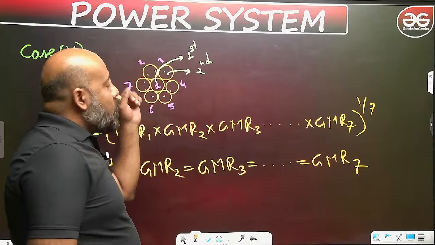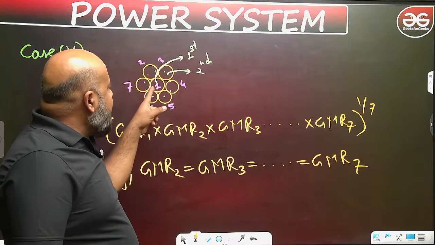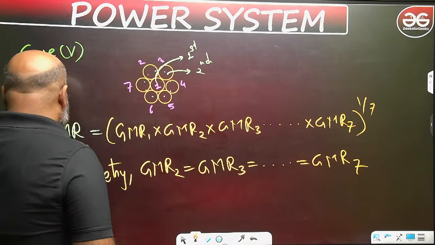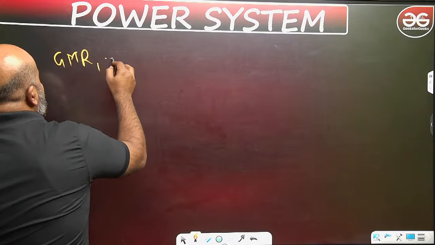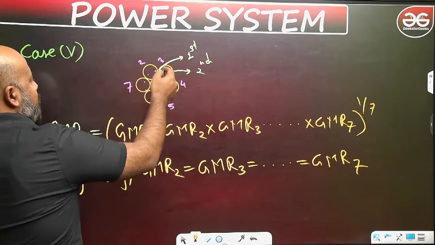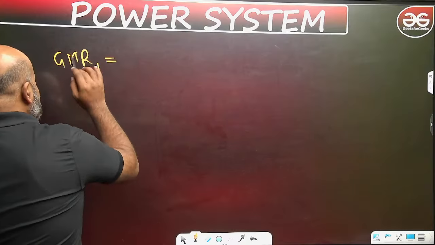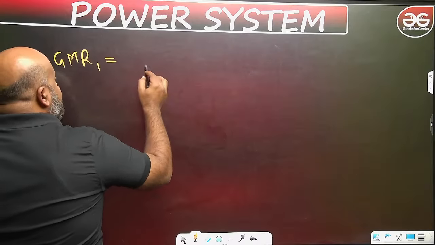So GMR 2 to 7 is going to be exactly the same. Only GMR 1 we have to calculate separately. So what I am going to do, just see this. I can write GMR 1. GMR 1 I have to calculate separately, and GMR 2, 3, 4, 5, 6, 7 are going to be exactly the same. So GMR 1, how am I calculating? I am writing for GMR 1. So GMR 1 is going to be